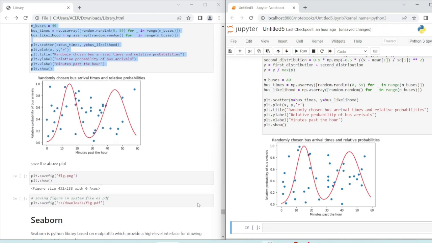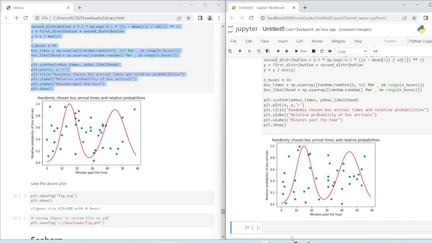To save the figure, we need to write plt. The last figure is always saved. So if I write plt dot savefig dot png,